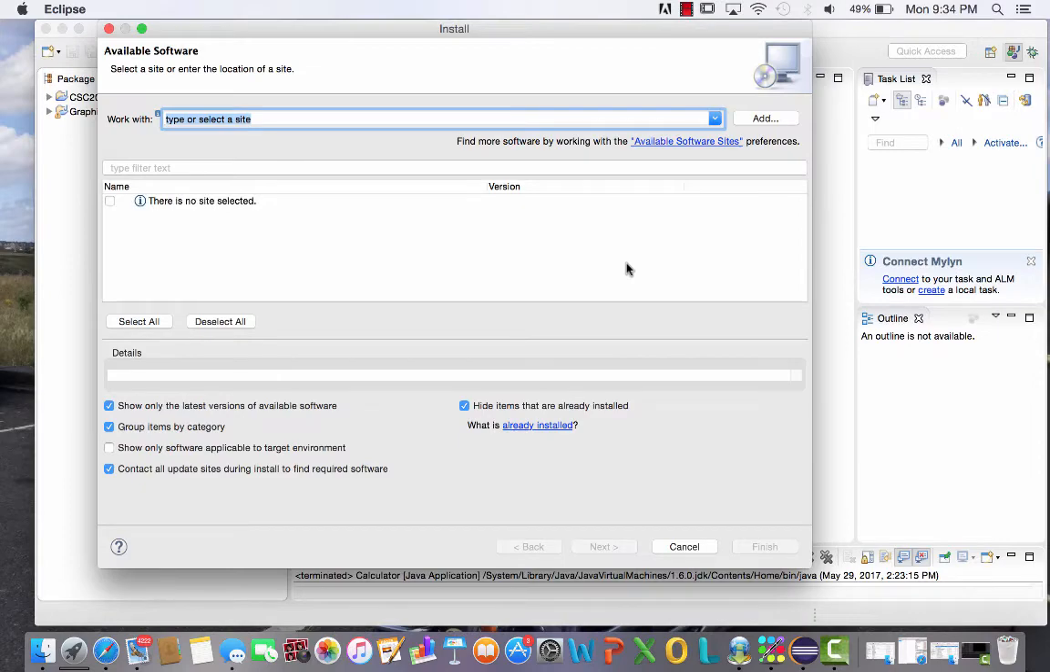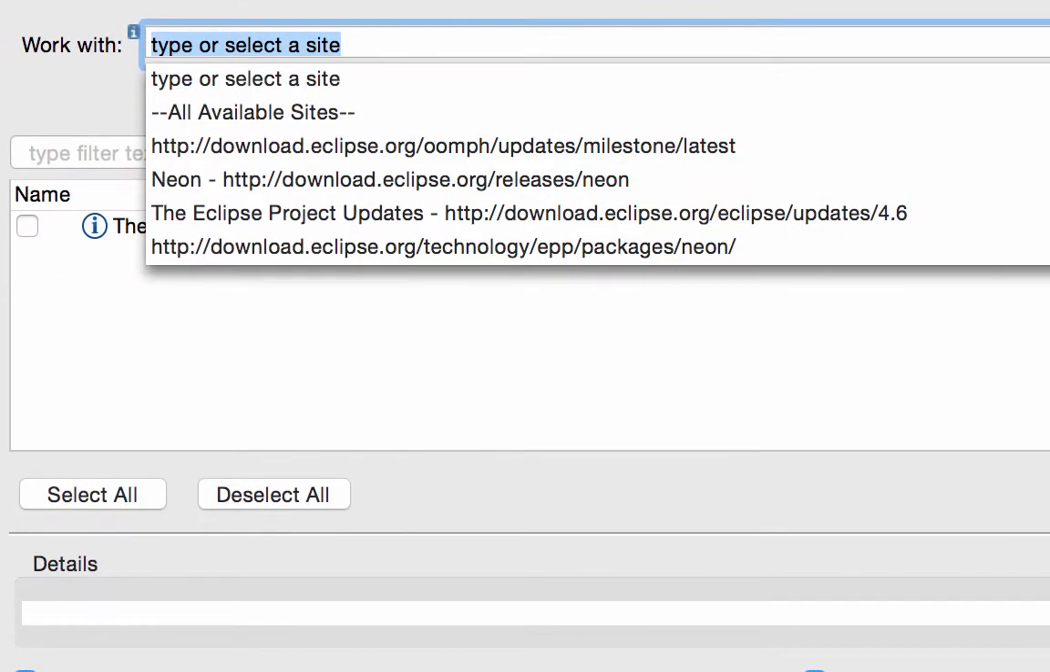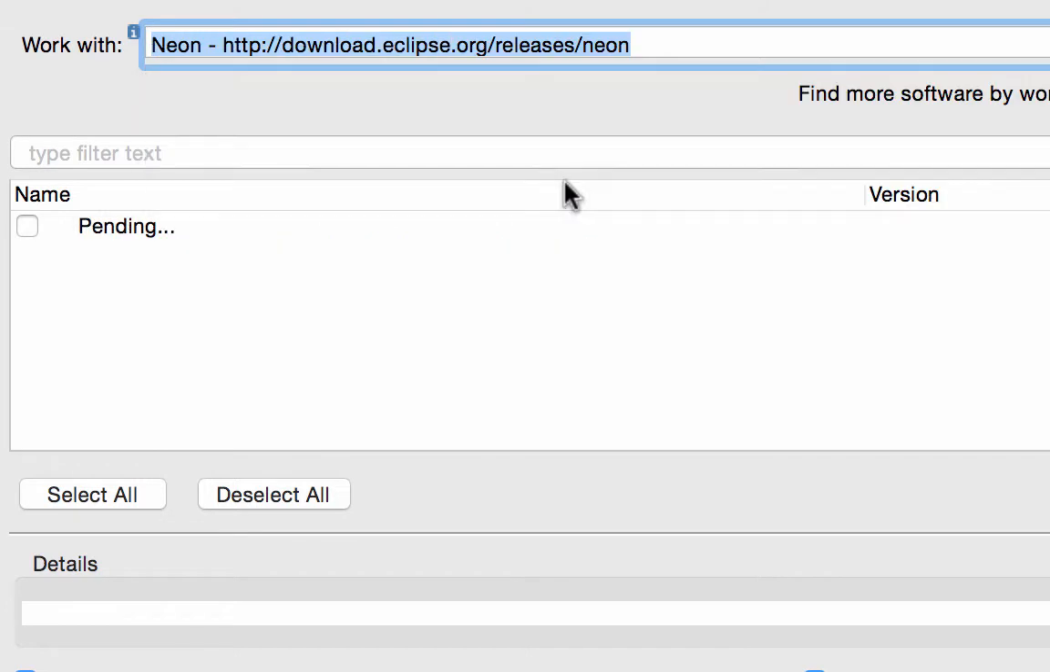When I click on Install New Software, you go down here to the pull-down menu. It depends on what version you have. We have Neon in here, so you go to http download eclipse org releases and whatever version you have. Of course, the latest one is Neon, so you click on that one, and you notice there it says pending here. Pending means it's going to bring all that's in the new releases on downloads from